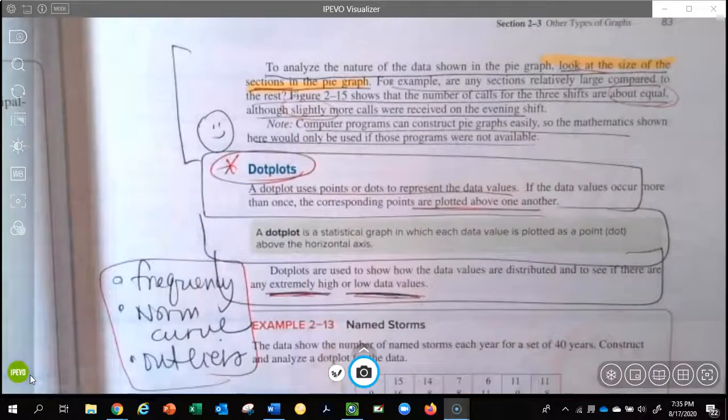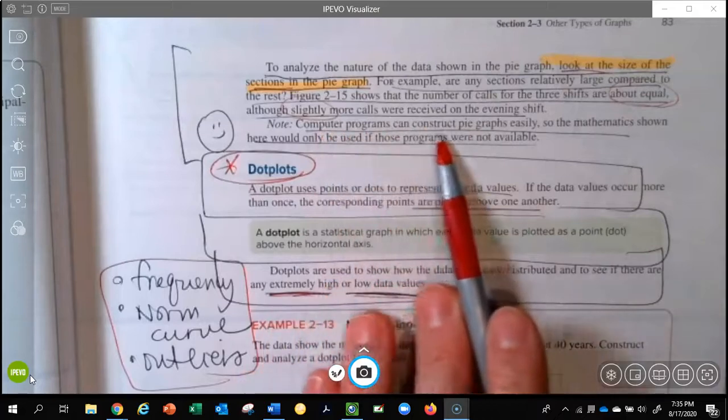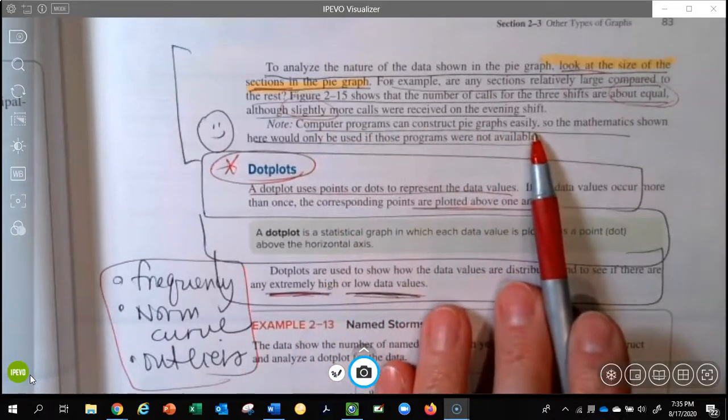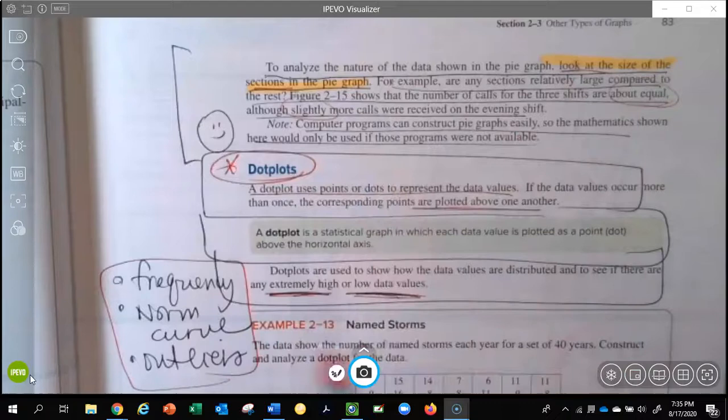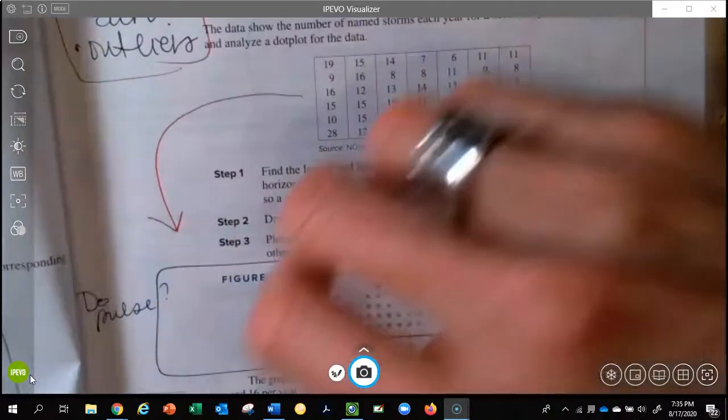Nice word, slightly more. Computer programs, I know Excel does one very quickly, can construct pie graphs easily. So the math shown here would only be used if those programs are not available. The last thing I want to show you on this video, and even just to go back and look at where we have been,